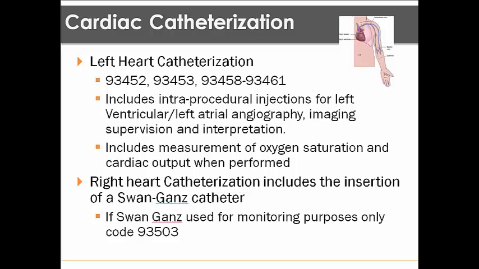Now, a left heart cath includes the intra-procedural injections for left ventricular, left arterial angiography, and imaging, supervision, and interpretation. It also includes the measurement of oxygen saturation and cardiac output when performed. Now, a right heart catheterization includes the insertion of a Swan-Ganz catheter. So if a Swan-Ganz is used for monitoring purposes only, the coder would choose